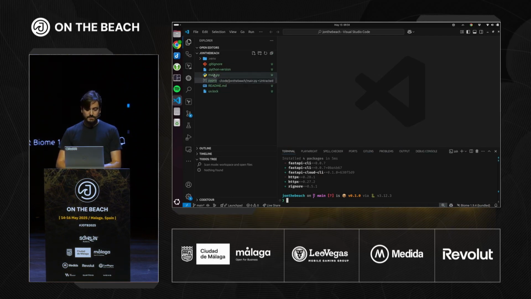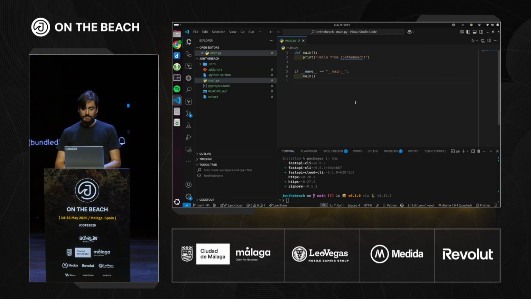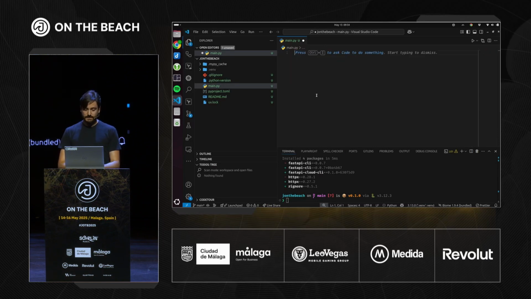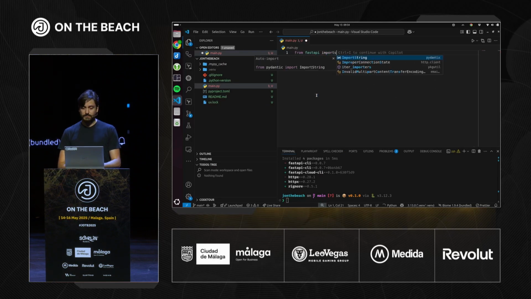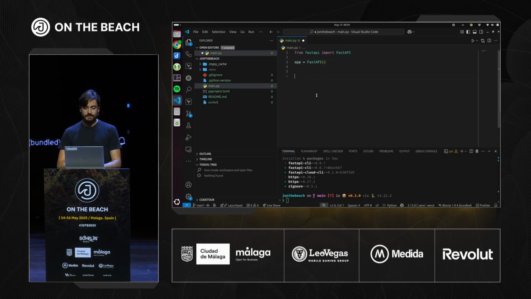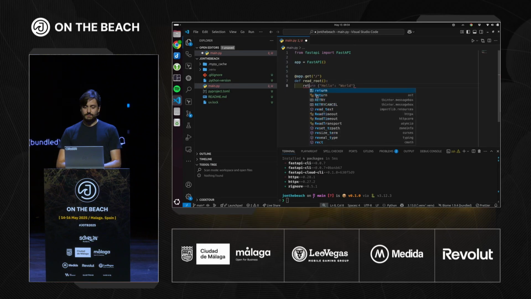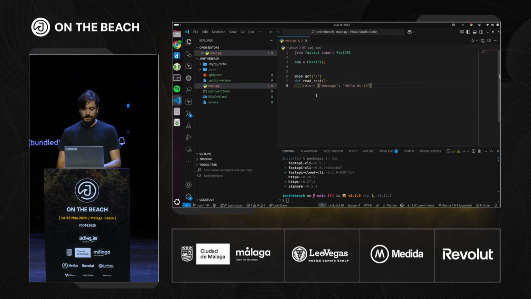Now, this is what we're going to do. We're going to create a FastAPI app. This is just the plain thing that we have by default when you create a new project with UV. Now we're going to remove this, and we're going to start creating a FastAPI app. So from fastapi we import FastAPI, and let GitHub Copilot do half of the work. We're going to create an app that is an instance of the FastAPI class. And then we say app.get, and I'm not going to do async. So we're going to say get root, and we're going to return a message, hello world. OK, nice.